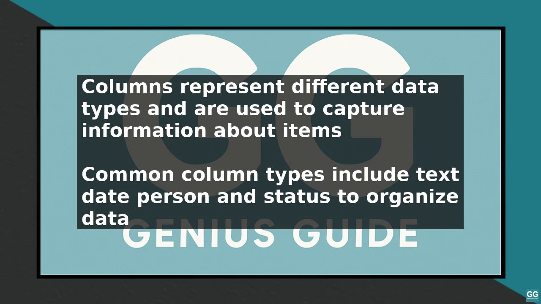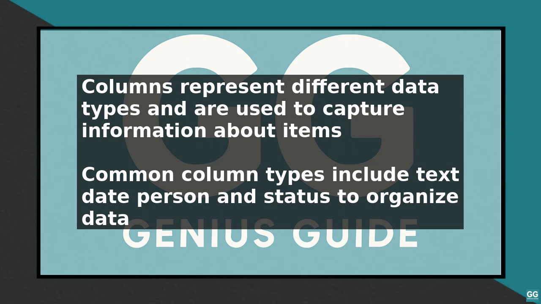To add a column, click on the plus sign at the top of the board and select the column type you want to add. Once you have added columns to your board, you can start adding items. Items represent individual tasks, projects, or entities, and each item can have multiple columns associated with it. To add an item, click on the plus sign at the bottom of the board and fill in the relevant